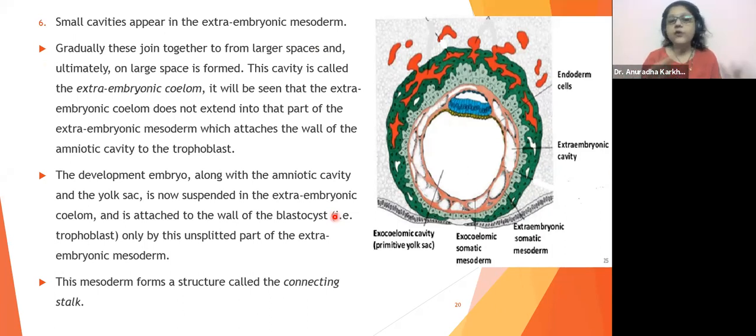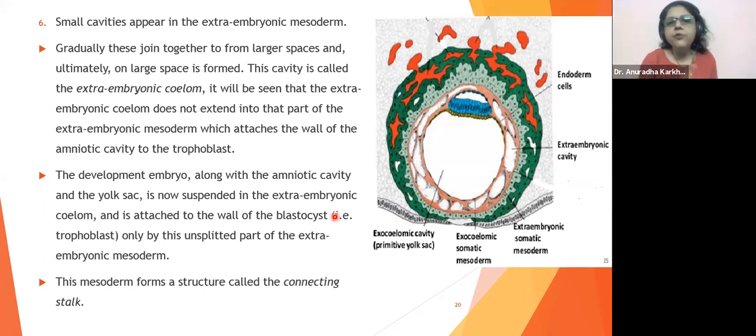So we saw the cavity formation, right? We saw the amniotic cavity formation. We saw the extra-amniotic cavity or the extra-coelomic cavity formation. And we also saw the yolk sac formation. Three sacs का formation हमने देख लिया है. But till now, we have not talked anywhere about the embryo formation. Have we started anything about the embryo formation? No. So now we're going to talk about the embryo formation.